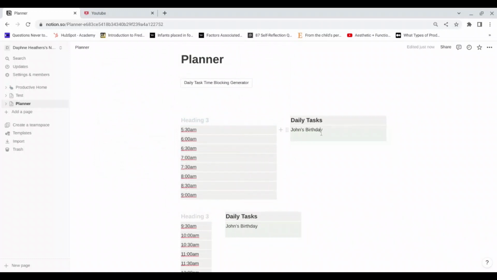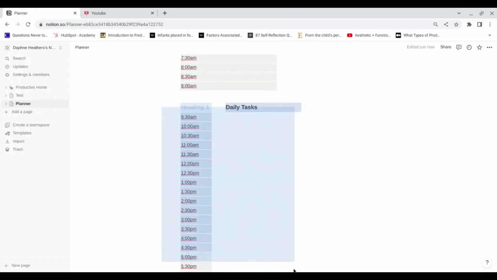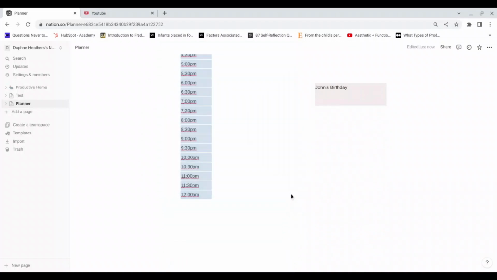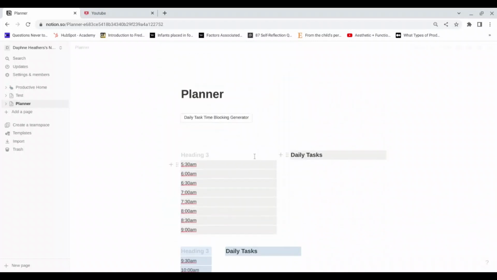And then you can type in John's birthday, for example, and to get the color to move, you just shift and enter for however many blocks you need. So to regenerate this every time, you would want to highlight everything and then Control C. And then you go up to your